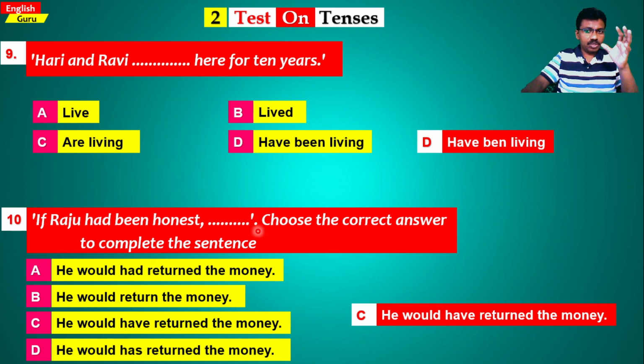So I hope you have understood. In this video we have discussed some of the smart ways to identify the right answer, and quick ways to eliminate the wrong answers. And all these questions are from the area of tenses and subject verb agreement. And if you really understand these questions, you would be able to answer in the examinations so well, and you can save the time and score more marks.